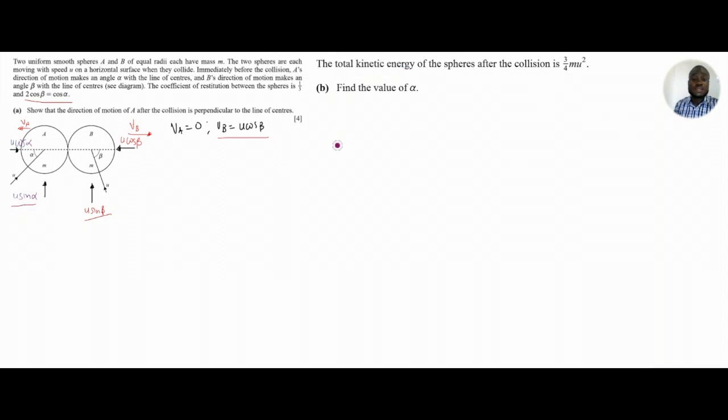That will mean that the speed of A is going to be 2 sine alpha, but the speed of B in total, using Pythagoras theorem, is this, and this simplifies to